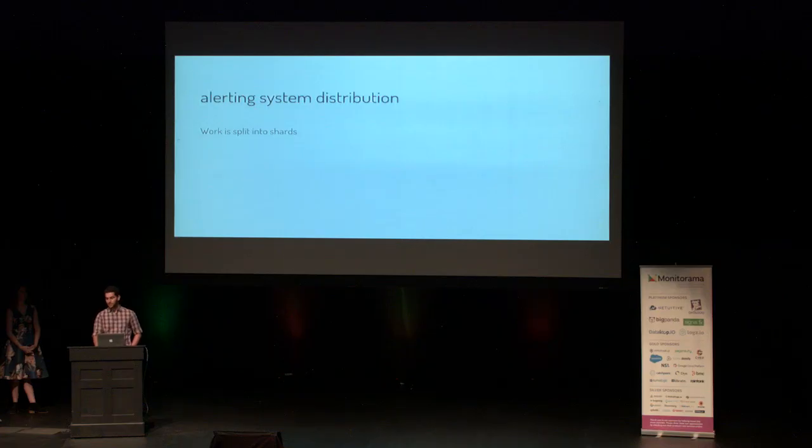As you know, any system that wants to parallelize work needs some way to divide that work into smaller pieces and assign those pieces to workers. That's called sharding. And how you do that is actually one of the key decisions when designing a distributed system. Here, the work is evaluating alerting rules every so often and taking action based upon that. We chose to shard the alerts by ID and assign them to workers dynamically. That's a pretty intuitive way of doing things, but we could have made quite different choices.